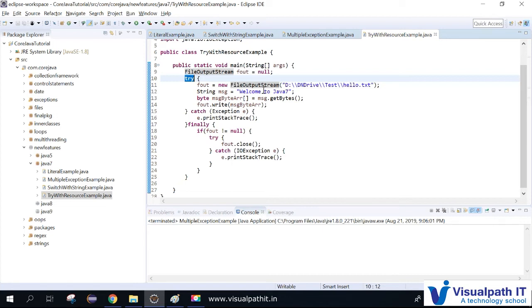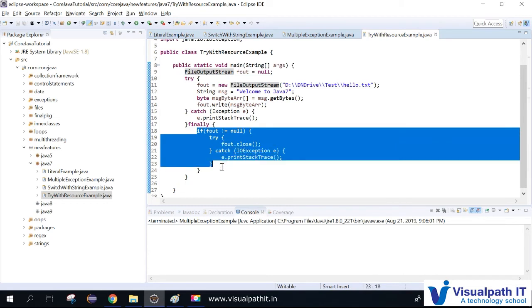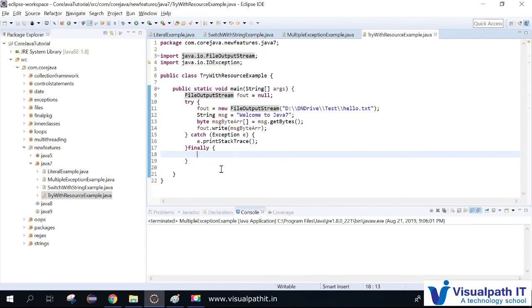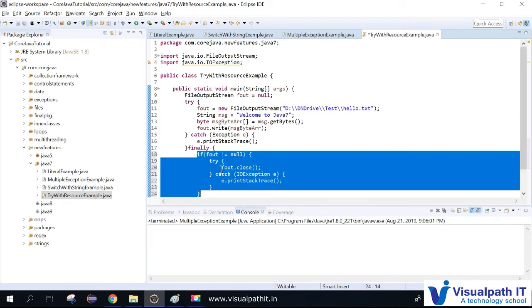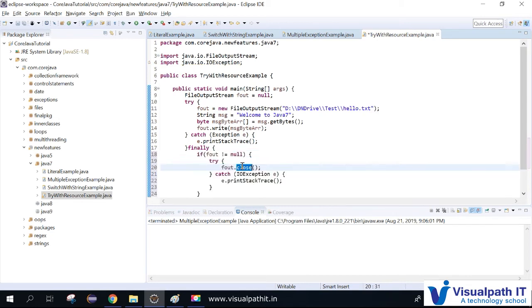actually takes the file output stream, or file streams, as input. It will take care of closing the stream, so we don't need to mention it, because people might forget. Even if you don't write this code, the compiler will not throw any exception. There's no error if you put this code, and no error if you don't. But we should close the stream, only then will the file stream be released. For that reason we should take care of it.